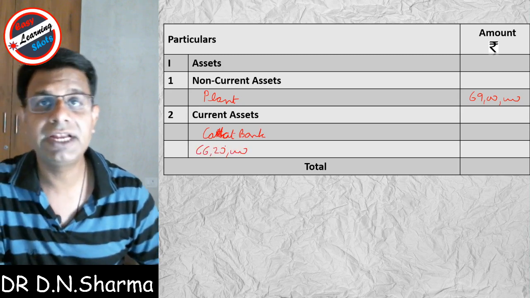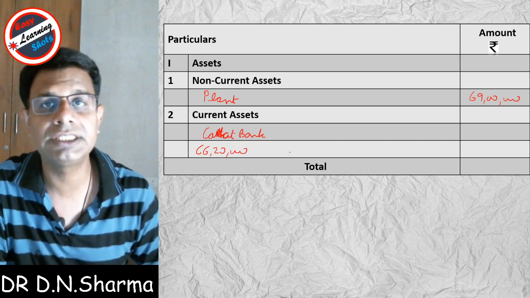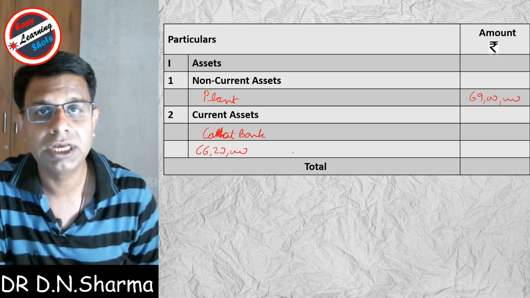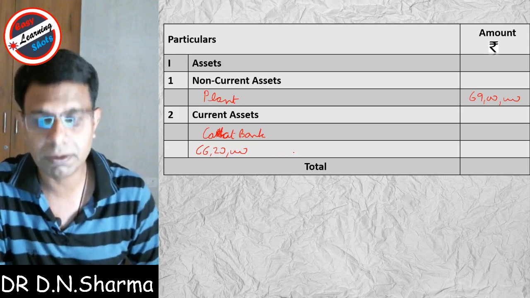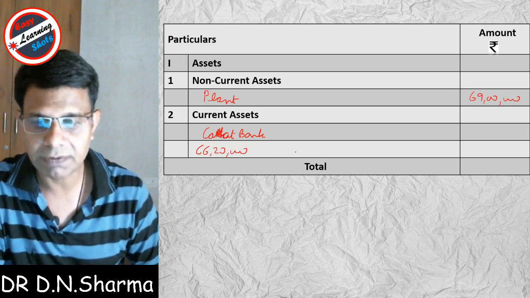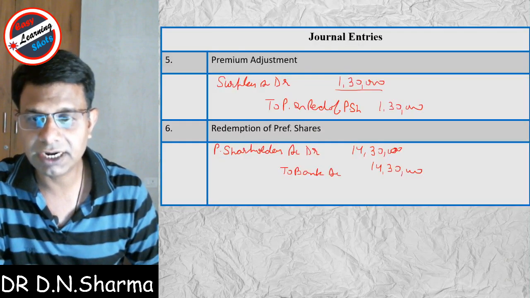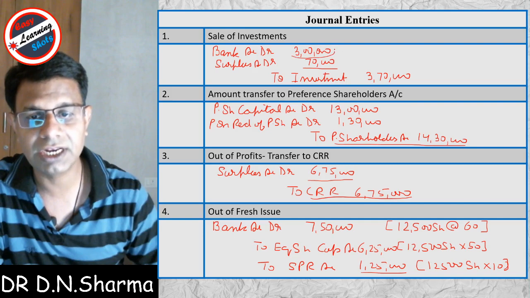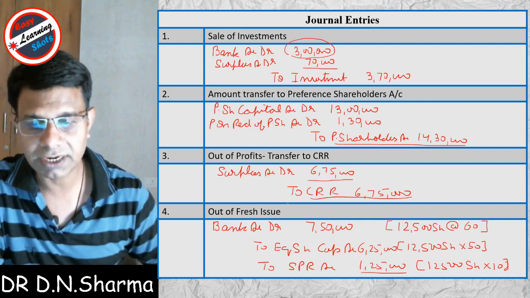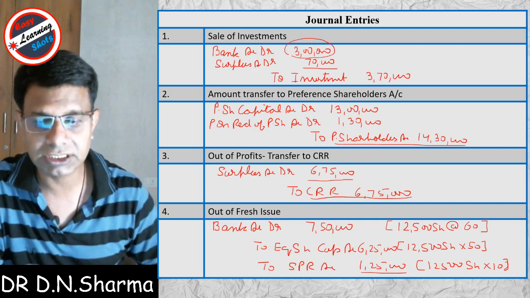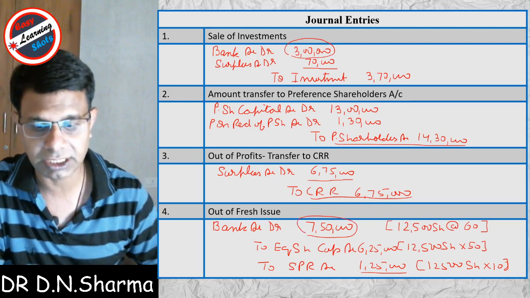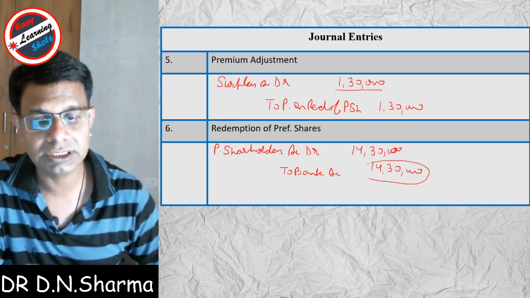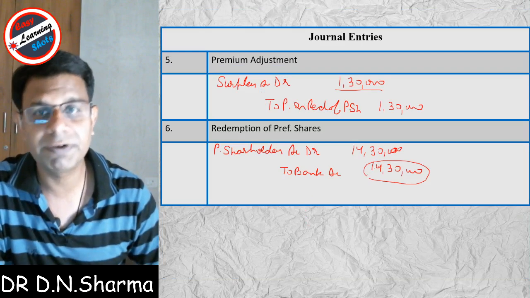6,20,000. Now when we debit the bank account, the company receives funds, or inflow of funds, and when we credit the bank account, it is outflow of funds, because the company pays amount to the outside parties. So we see the general entries. In our first entry, when we sold the investment, we get 3 lakh rupees, and in fourth entry, when the company issues equity shares, we get 7,50,000. And in the last entry the bank account is credited because we pay the amount to the preference shareholders.